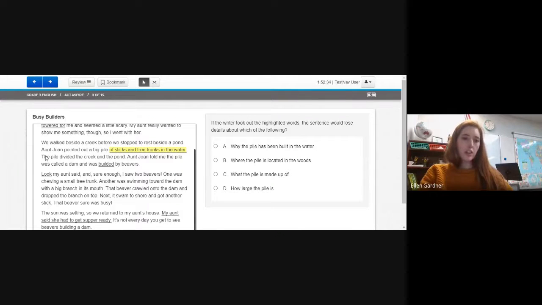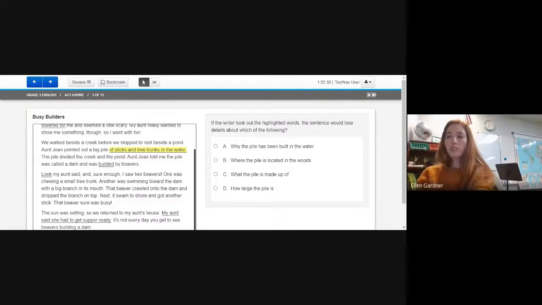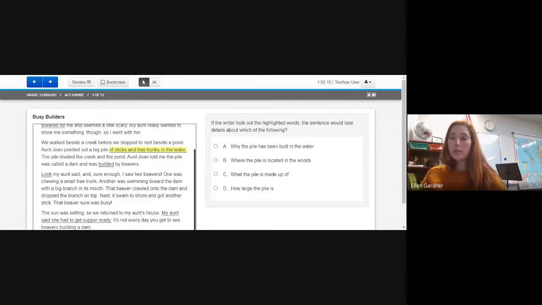I think you skipped a line. The pile divided the creek and the pond. Oh yeah, the pile divided the creek and the pond. And Joanne told me the pile was called a dam and was builded by beavers. Okay, now